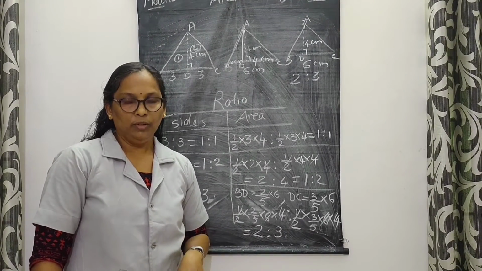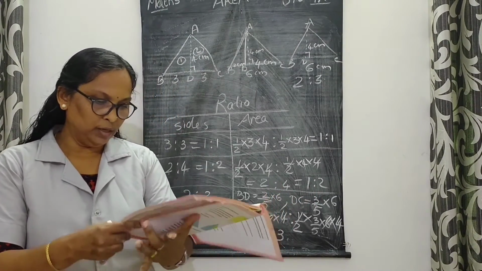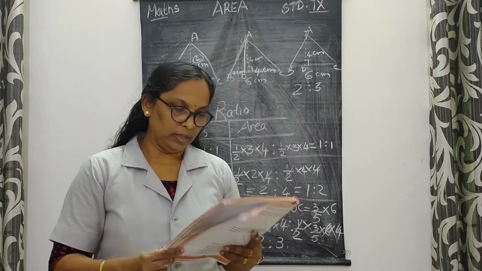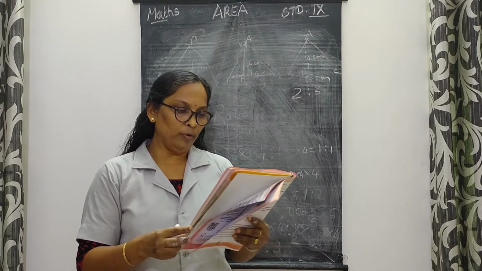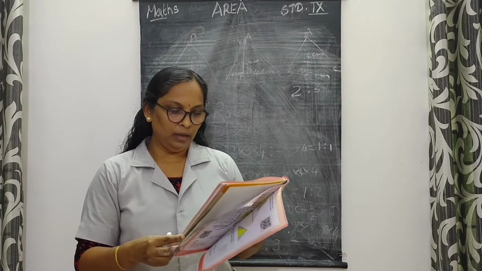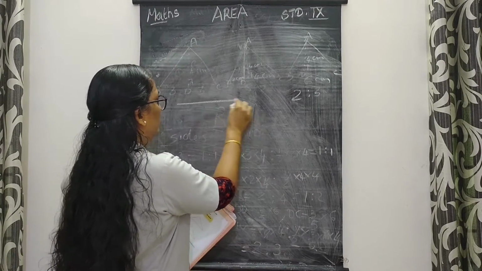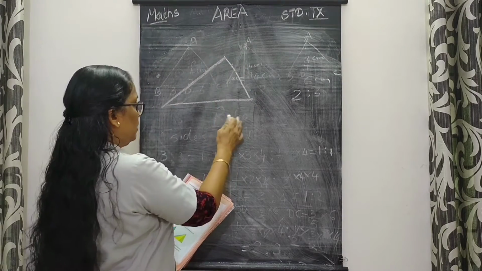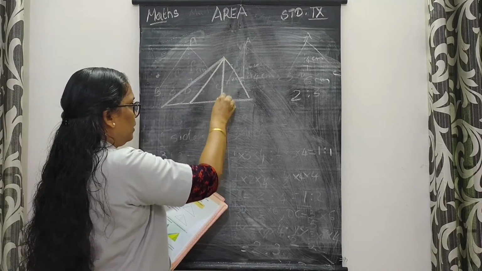So take your textbook, page number 19, first question. Here I read the question, you look at the textbook. In the picture below, two lines are drawn from the top vertex of a triangle to the bottom side. So there is a triangle and two lines are drawn from the top vertex. This is the triangle here. This is a triangle and two lines are drawn from the top vertex to the base like this.